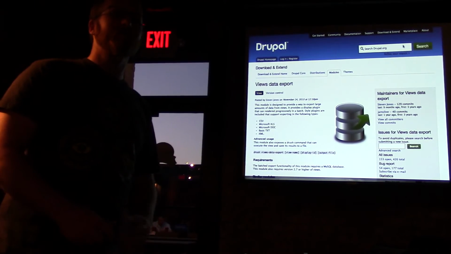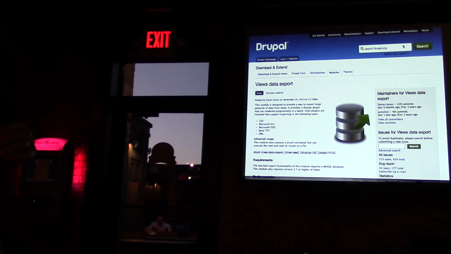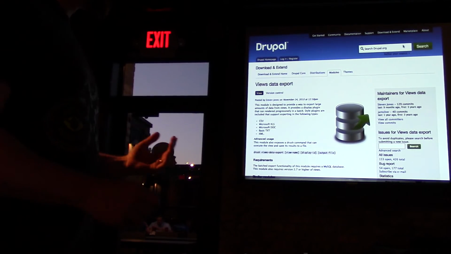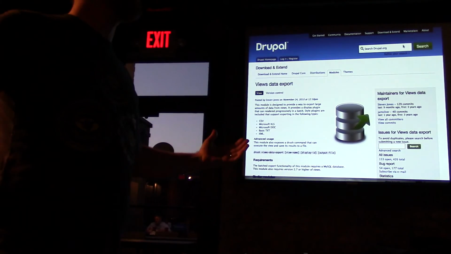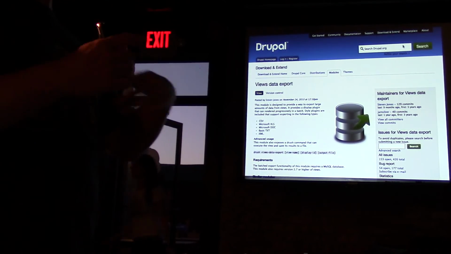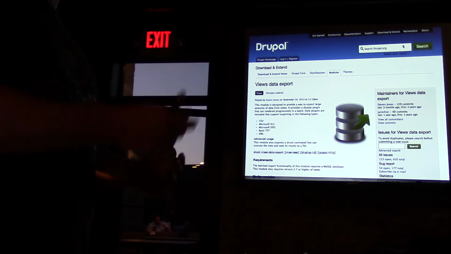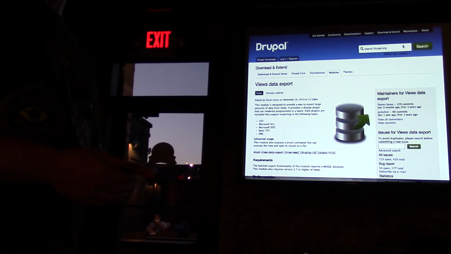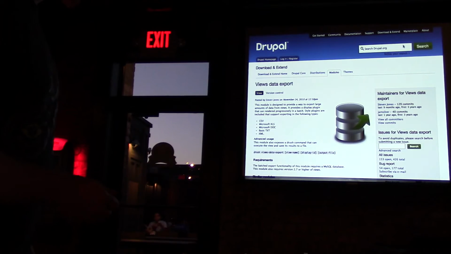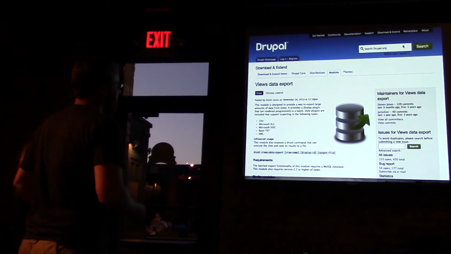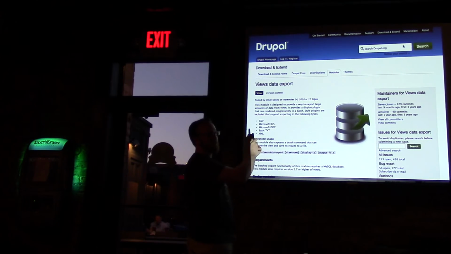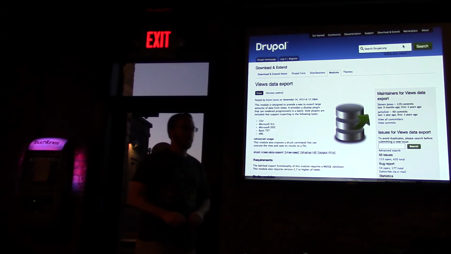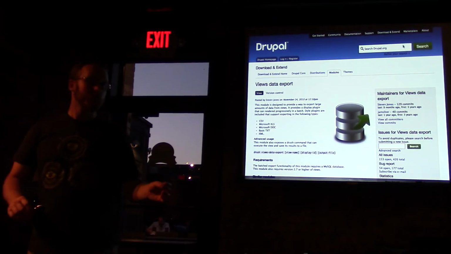Views data export allows you to create a view that, the most common use case I have is I'm running a report and it's a table, and at the bottom I want a button that says download or CSV. It advertises that it can export into CSV, Excel format, doc, text, and XML. And it can do those things,